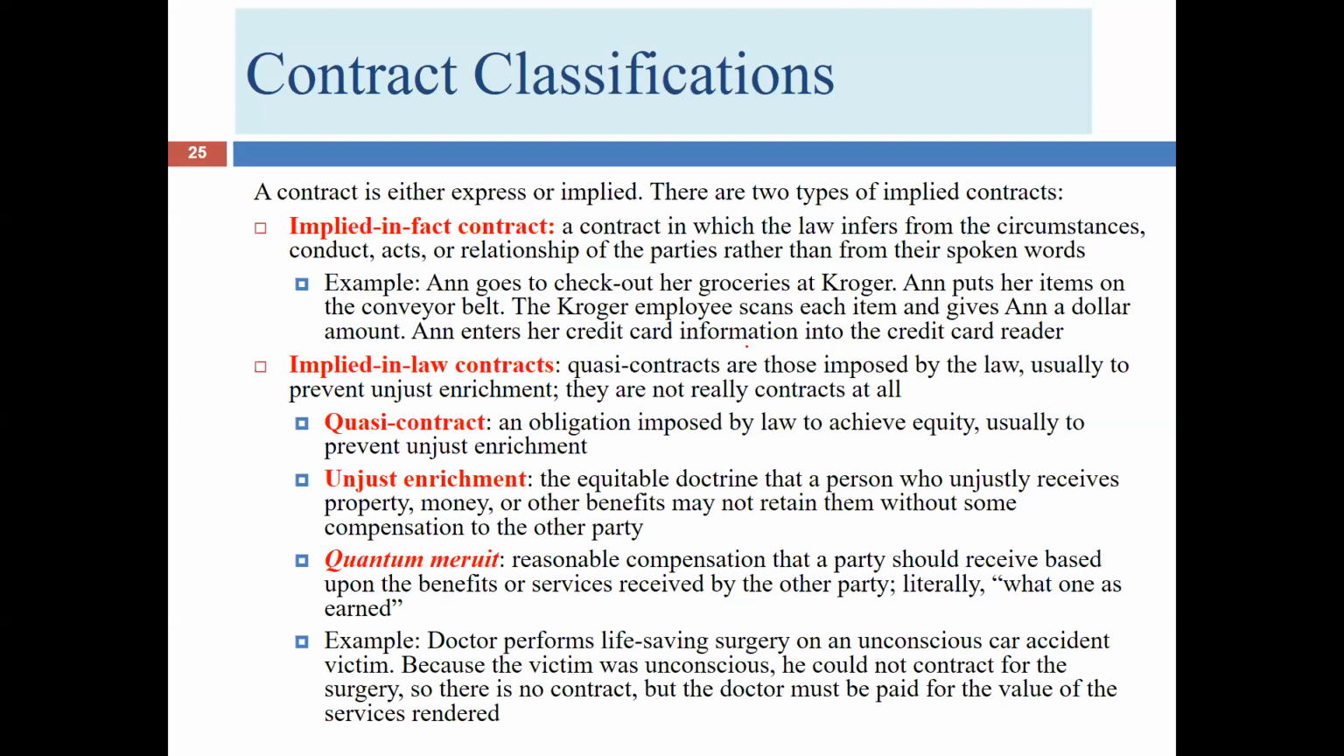Because people don't have that conversation because it's obvious. Anne knows exactly what she's there for. The Kroger employee knows exactly why Anne's there. We don't need to have a conversation about that we're entering into an express contract. No, but we are still entering into a contract. It's implied in fact. And we know it's a contract because if after the groceries are bagged and put into